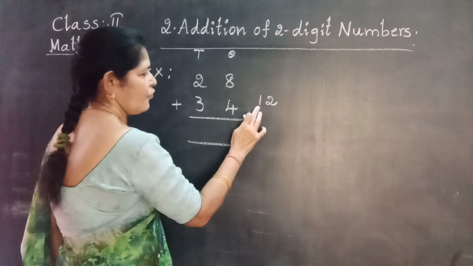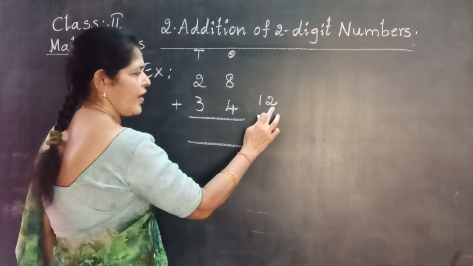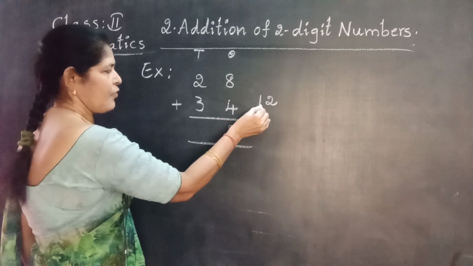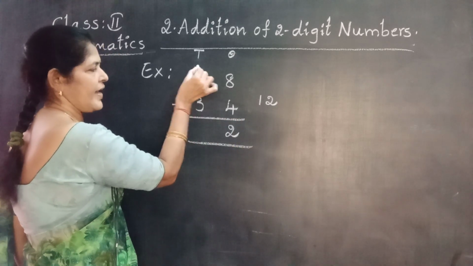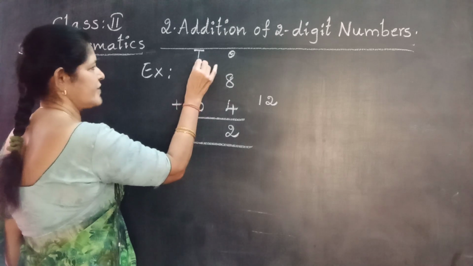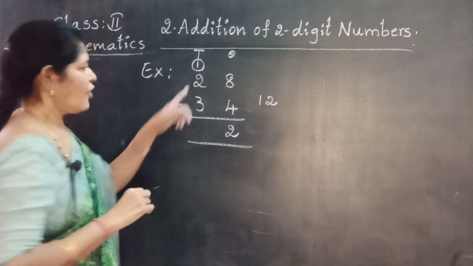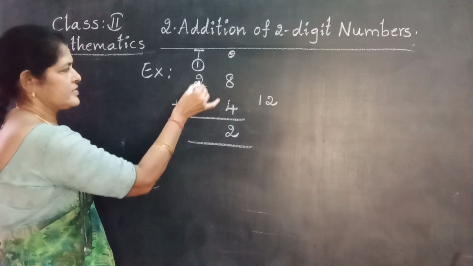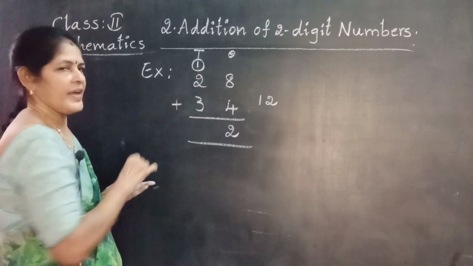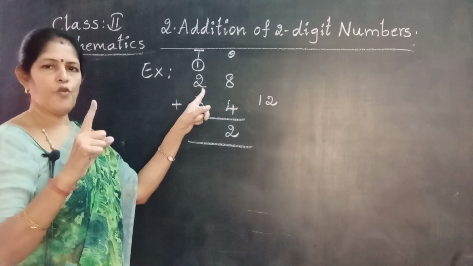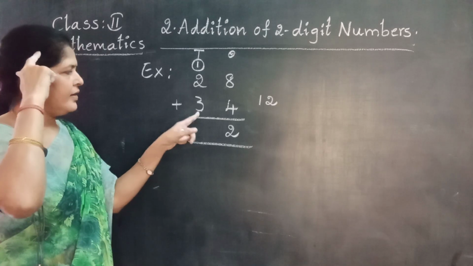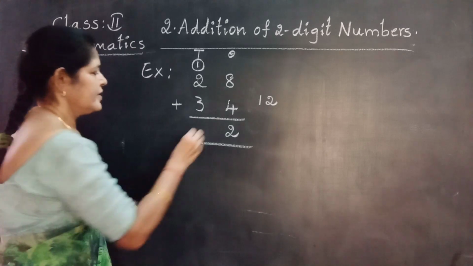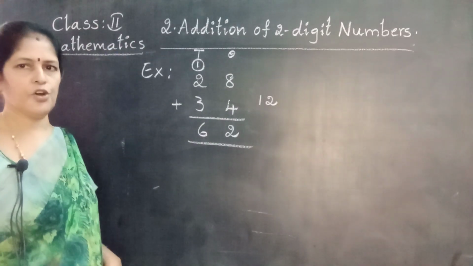On the right side, 1 ten, 2 ones. The ones place number goes right in the ones place. The tens place number 1 carries to the tens place, right above 2. Now we have 3 numbers here: 1, 2, 3. First add these 2 numbers. 2 plus 1 or 1 plus 2. Take 1 finger. 2 after 3. 3 in the mind. Take 3 fingers. 3 after 4, 5, 6. What is the total? 62.